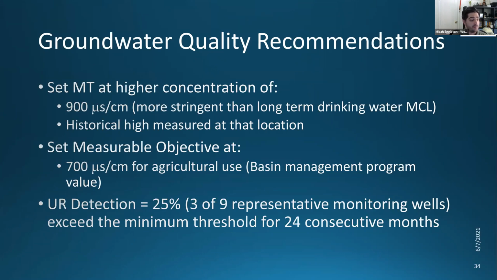We've received feedback in the past that putting thresholds on this sustainability indicator is really important. Before, we were going to try and just push it off to the 5-year update once we received additional information through the sampling. But we were directed, which is totally fine, to set thresholds now. So we feel that these are good places to start, knowing that we'll be revising them again in 5 years. But these show consistency with other subbasins and with other plans and constituent levels that have been brought up in other areas. Okay.